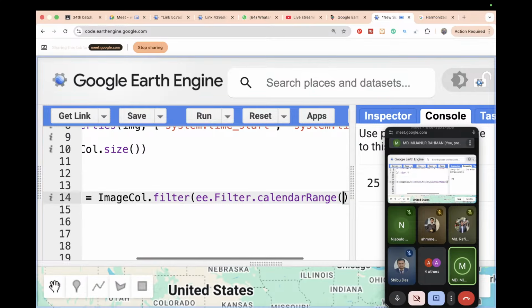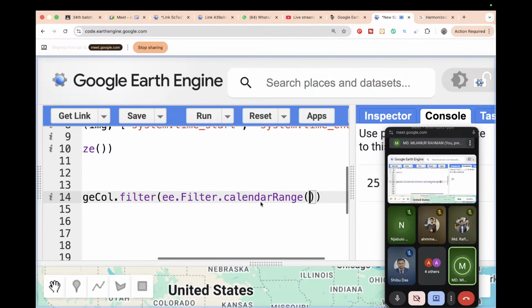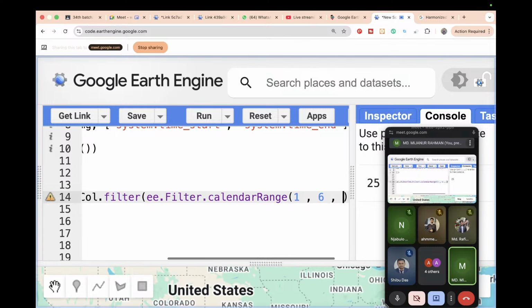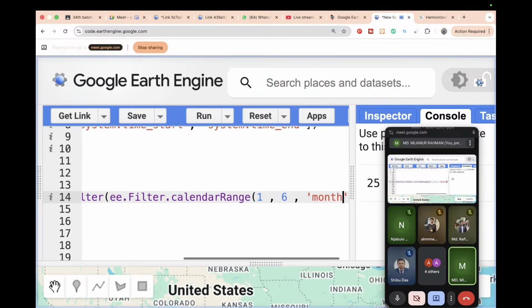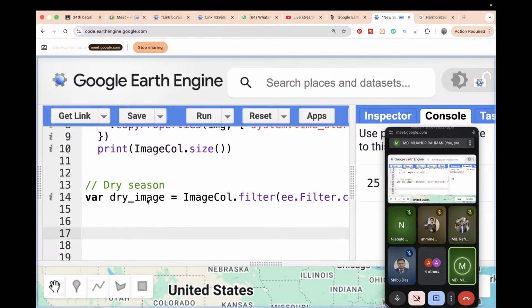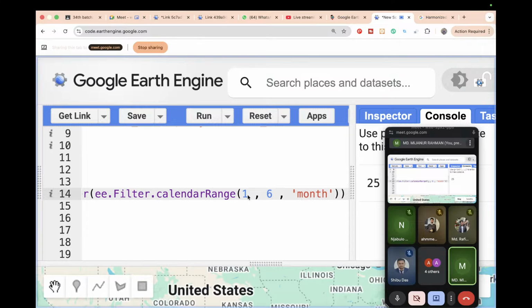So now put in the calendar range: first the start, then the end, and then the unit. Suppose the start will be January, up to June. I put the month numbers, January to June, and the unit is month. So now what happened? Now this variable stores only those images that are available between these months